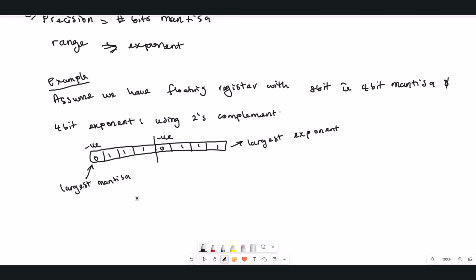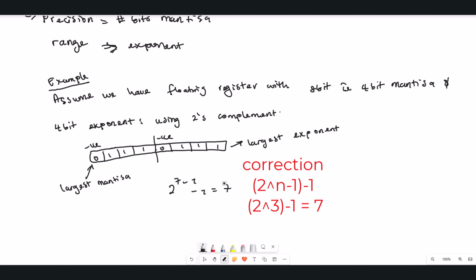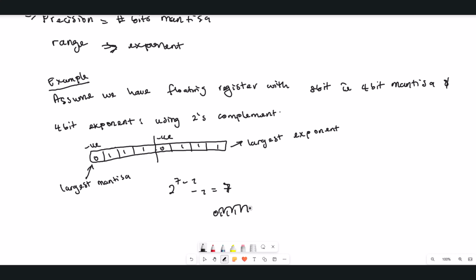Okay, so with this setting, with a 4-bit mantissa, the binary point can move 7 places to the right, simply because we have 2 raised to the power 4 minus 1, which is equal to 7. So this mantissa can move 7 points to the right, and that means it's going to be 0 1 2 3, 1 2 3 4 5 6 7. So this is the largest positive value that can be represented using this setting,